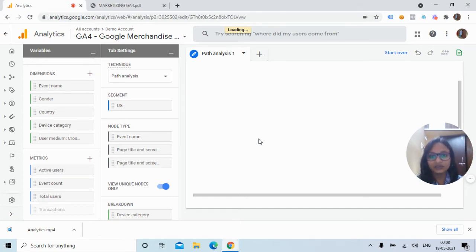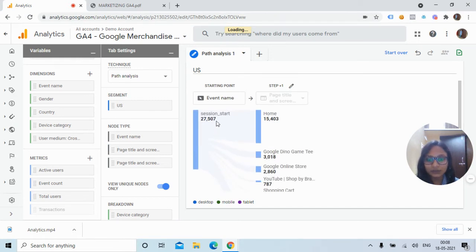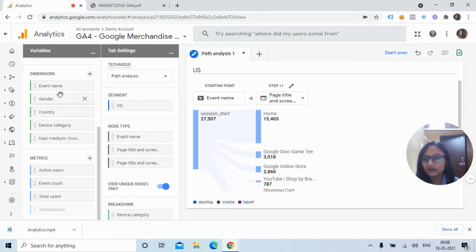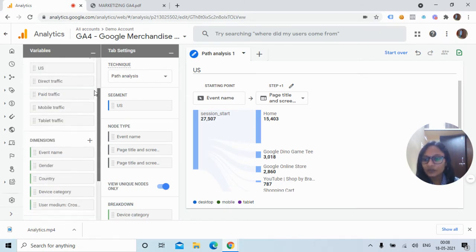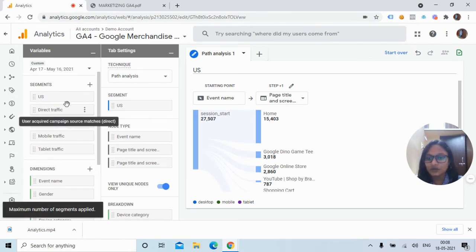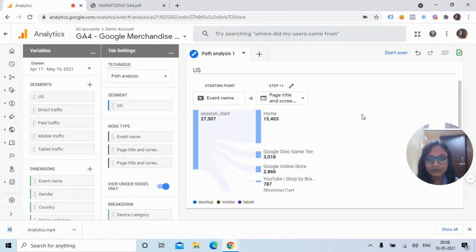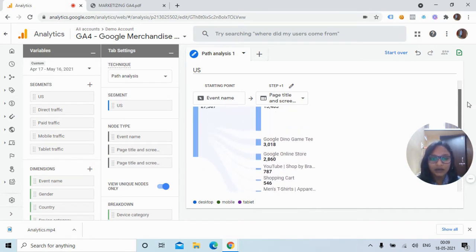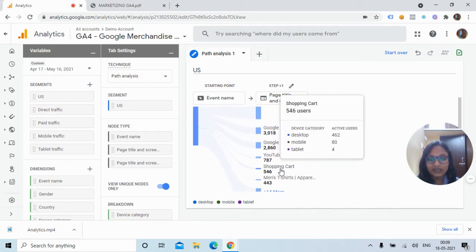And then we can have the report or the data regarding this particular segment. So this is all data related to only US. We can also compare by using the other segments we have over here. We can add the direct traffic segment, so we can only add one segment into this path analysis. So this is how we do the path analysis,